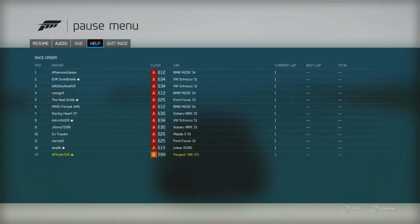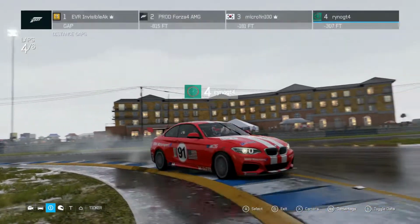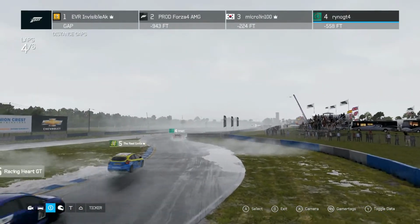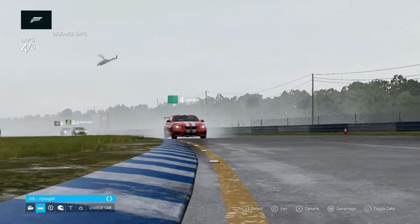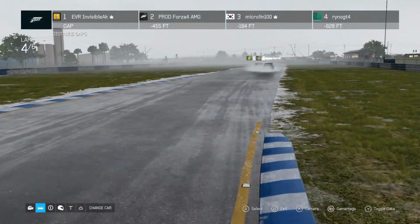I can barely get 20 miles an hour, so I decided to quit this race, which meant I had to watch from the sidelines on the spectator camera. But to be honest, I didn't really know until recently that they updated the spectator camera, so it's actually quite sophisticated for esports. As you can see, Rhino GT4 and the Real Emile here. I'm going to go back to the Real Emile because he is close to someone who is in his slipstream now,